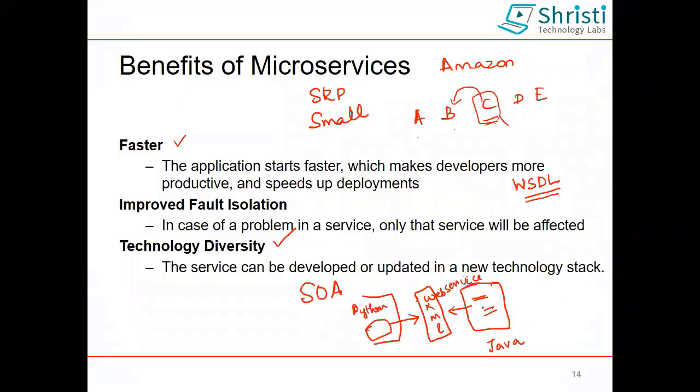So how will I know that this service is available? In case of service oriented architecture, you have a few components. We use SOAP, Simple Object Access Protocol, which is nothing but XML plus HTTP. This is SOAP. This was used earlier. So Web Service Description Language is nothing but this class says, see, these are the methods available.